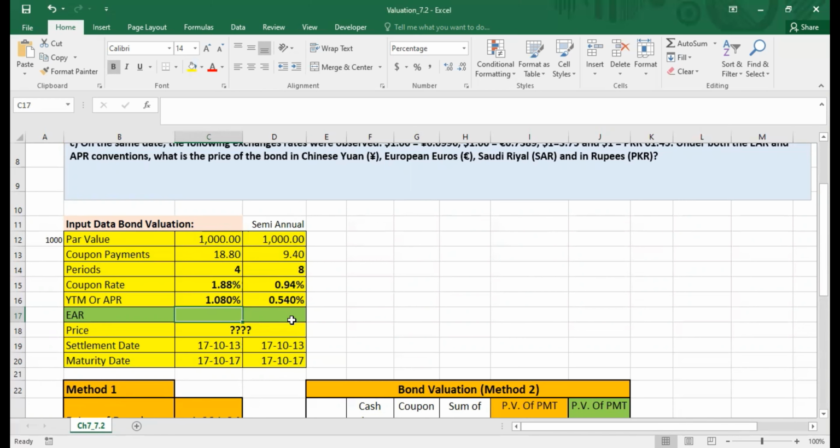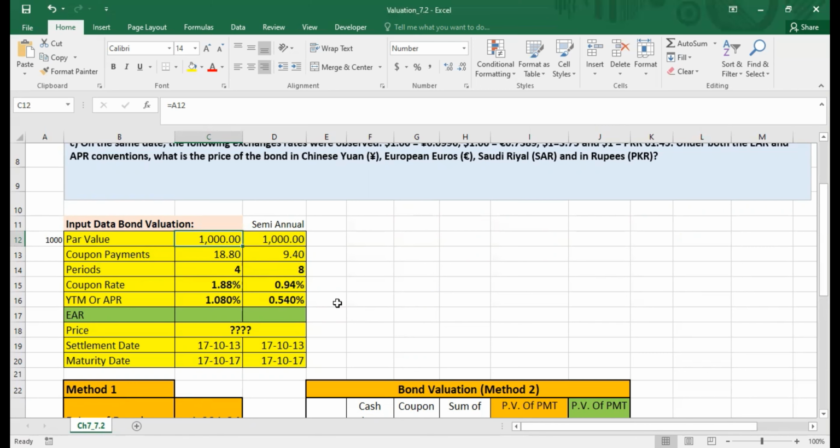For example, the price over here is the price in dollars. So how can we calculate the price of the same bond in euro, in yuan, in Saudi Riyal, or in Pak rupee? So let's start our discussion with the calculation of EAR.